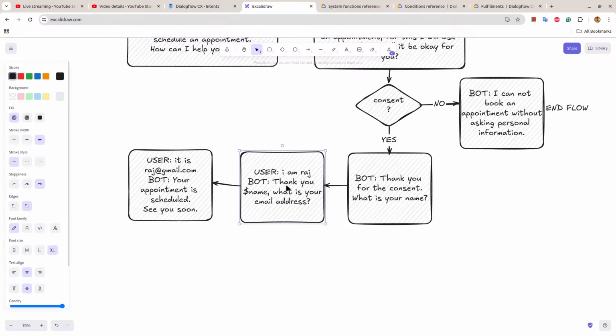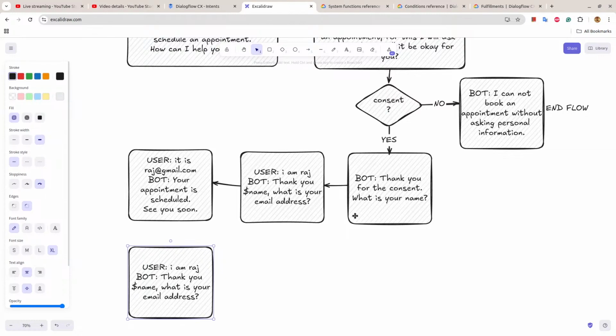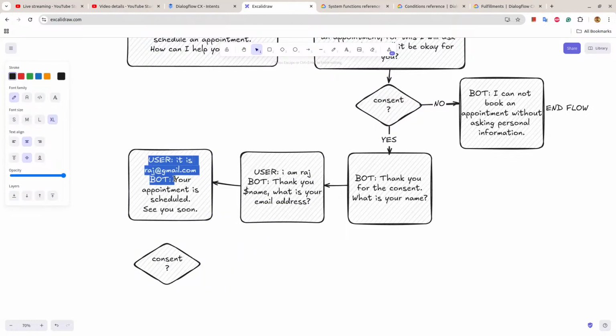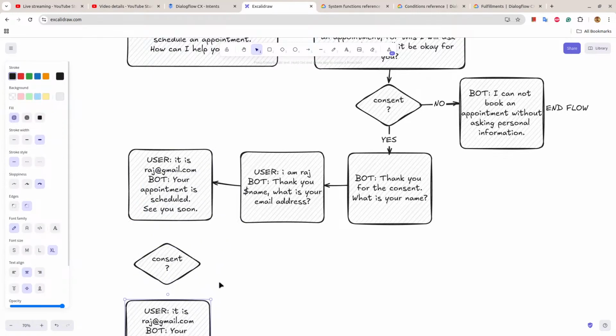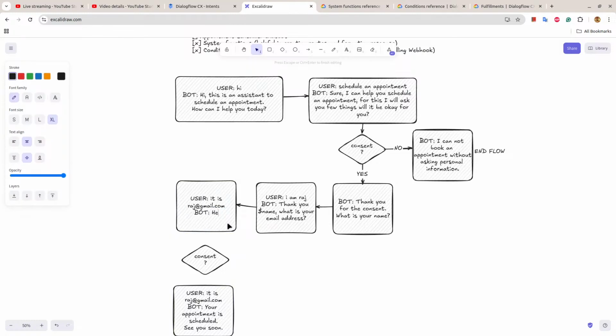Just one more thing is that here, okay, instead of just showing your appointment is booked, what we can do is that we can ask for the consent, like here is the summary of the appointment. Do you agree? Okay, and